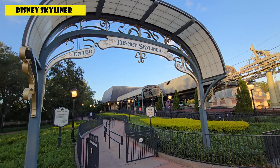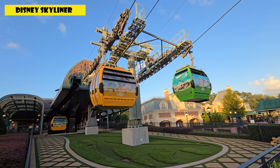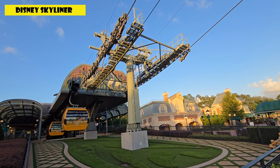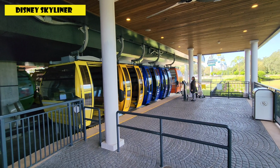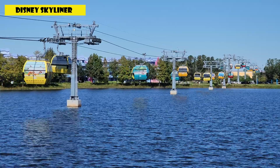Now, my favorite way to get around is to ride the Disney Skyliner, because it's really the coolest and most iconic. And how often do you get to ride like a gondola car absolutely for free? You can pick this up at one of the 2 terminal stations, either at Epcot or Hollywood Studios, and it